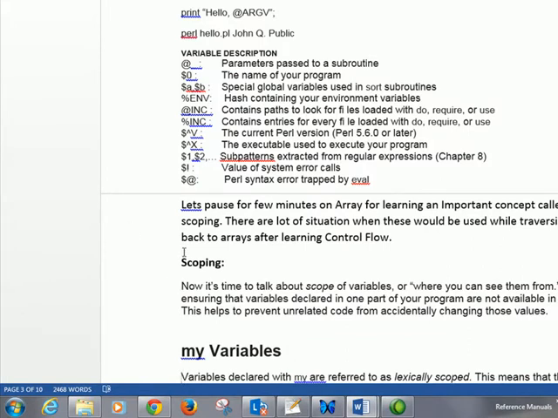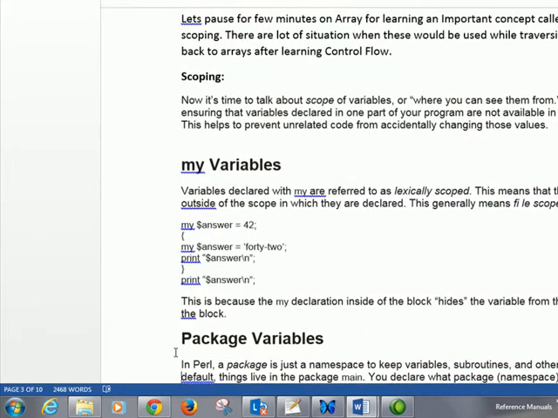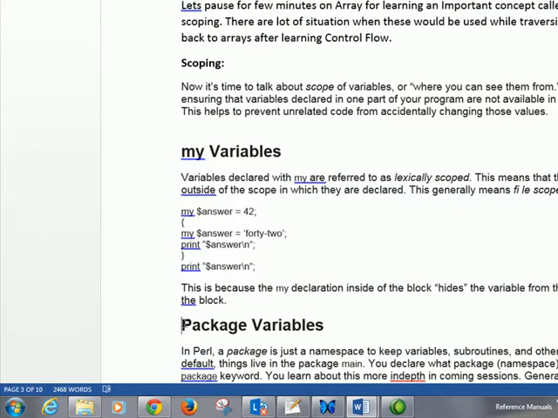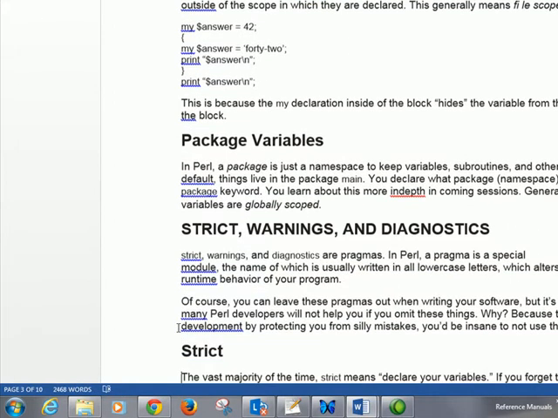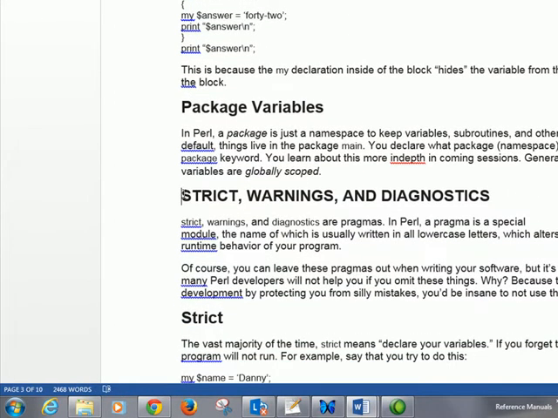Then we learned about scoping, why to use my variables. Then we learned about the package variables. We learned about the pragmas, strict, warnings, and diagnostics, and how they are useful when you are starting your Perl career.